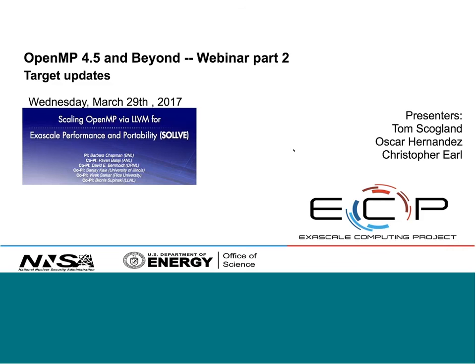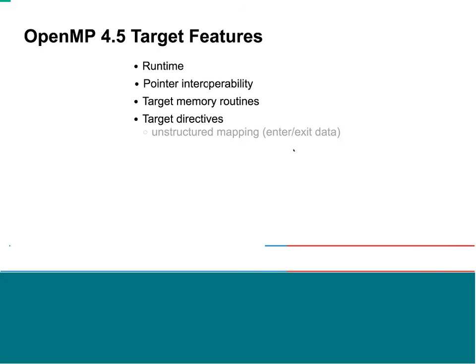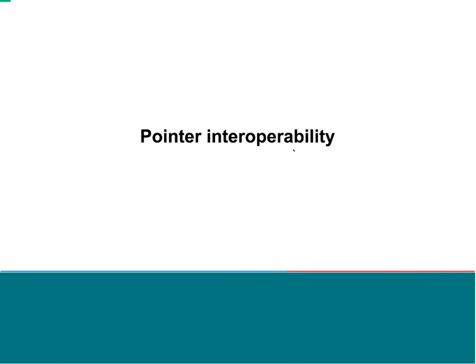Great. Thank you, Oscar, and I will do that. We touched on how mapping behaves, but one thing that tends to come up pretty frequently when we're talking about target directives is interoperability with native libraries, native code. This might be CUDA, it might be simply, say, native Knights Corner, Knights Landing code, it might be OpenCL, whatever it is,